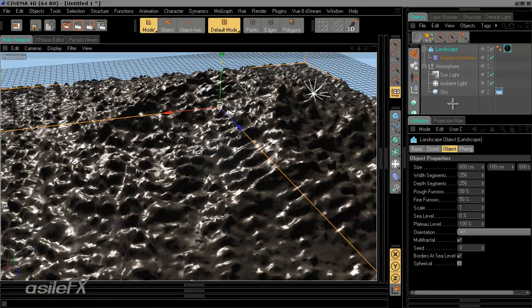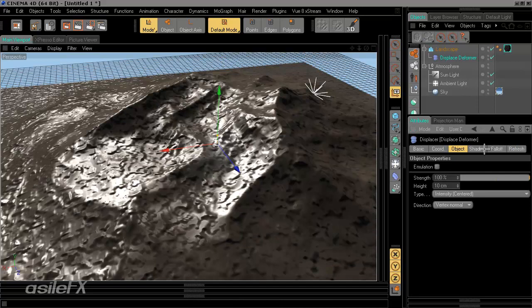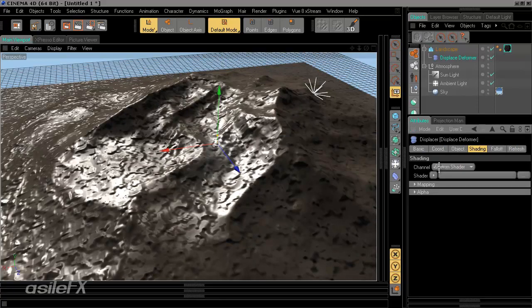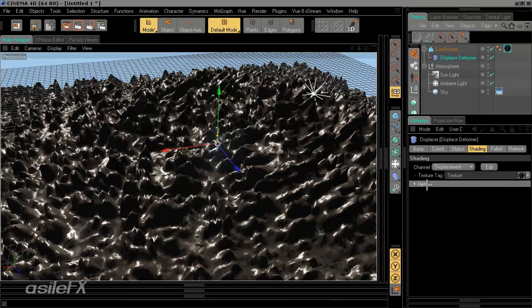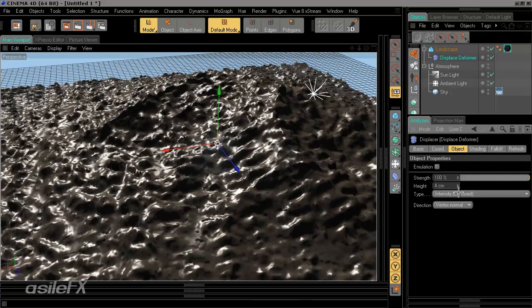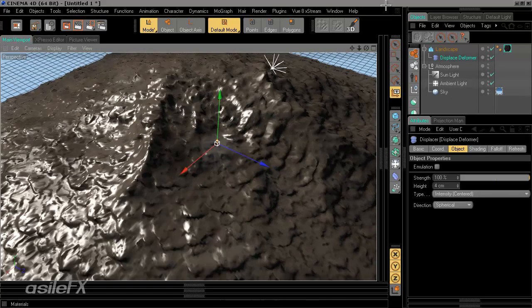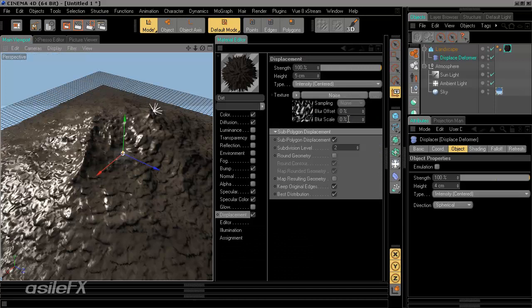The other way we can set up the Displace Deformer, if we don't want to use the emulation mode, is to go over to the shading and select, in this case we still want to use the displacement, so I'm going to select displacement and then drag that texture into the texture tag. So then we have an independent setting for the height of the displacement and also our settings for how we're going to be displacing the terrain, which means we can run a separate displacement on the sub-polygon displacement than what we have set for